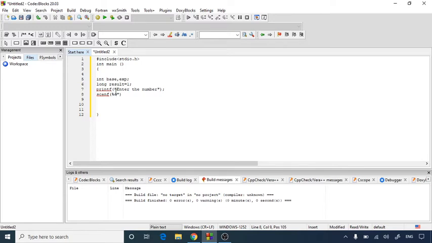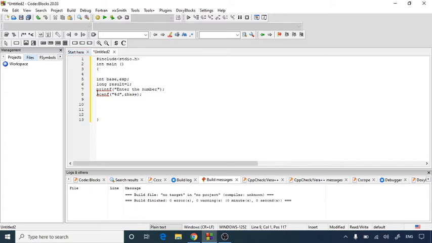So percentage d, like this. Here I have written percentage d comma ampersand base. Just assign this by using the ampersand sign.